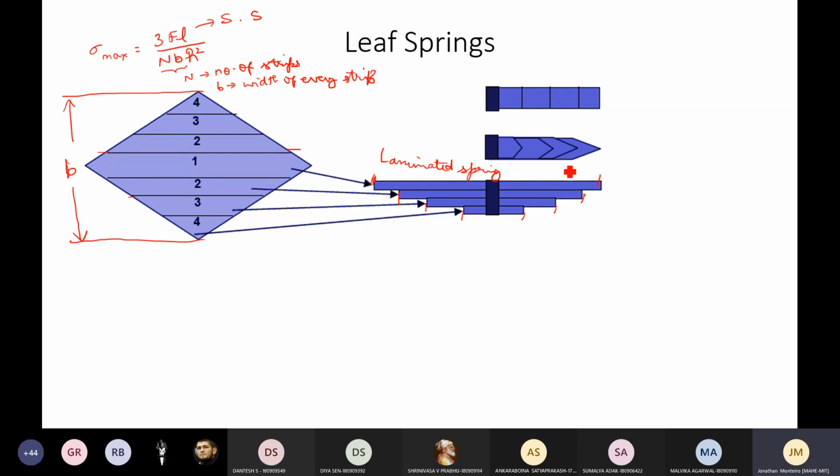So coming to the shape part of it, now it is all pointed over here. Even if you cut these pieces, it all becomes pointed over here. Individual pieces are pointed. So if you look from the top view, it looks somewhat like this. This is the front view again, and the top view is somewhere over here. Now it looks somewhat like this.